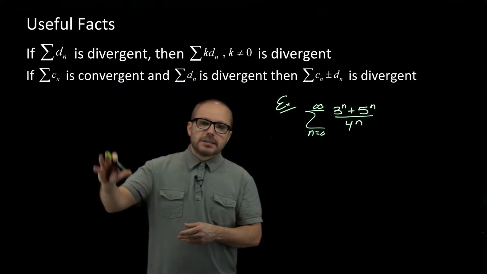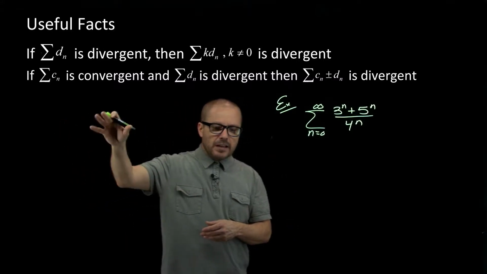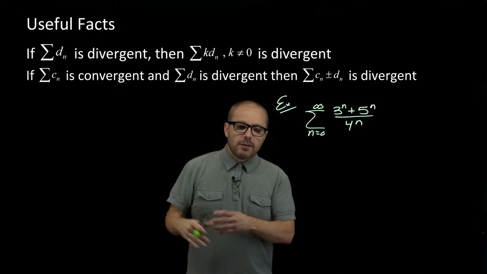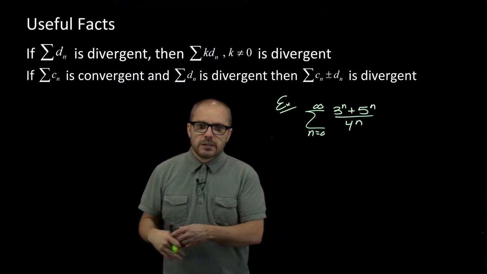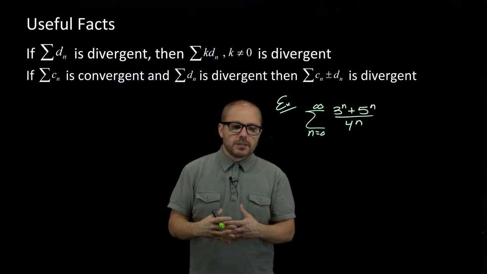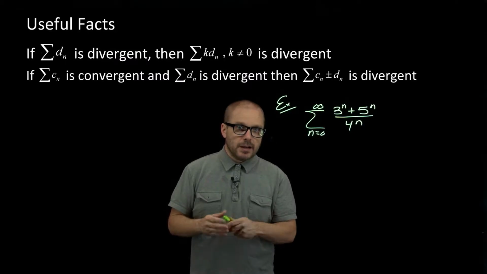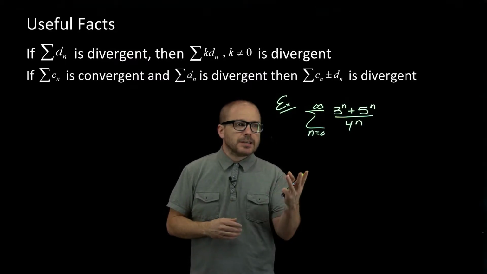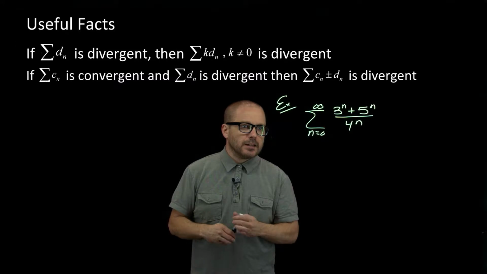And then the second fact is about the adding or subtracting. If one of the series is convergent and the other one's divergent, a sum or difference will be divergent. So let's look at this example. It looks almost like the one I did for the properties, except for now,